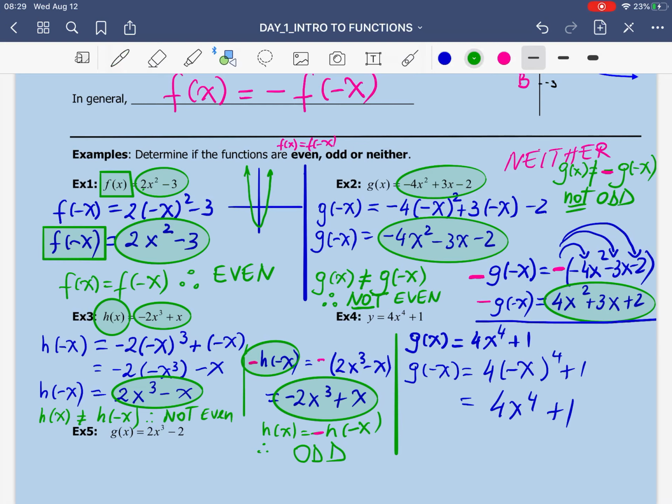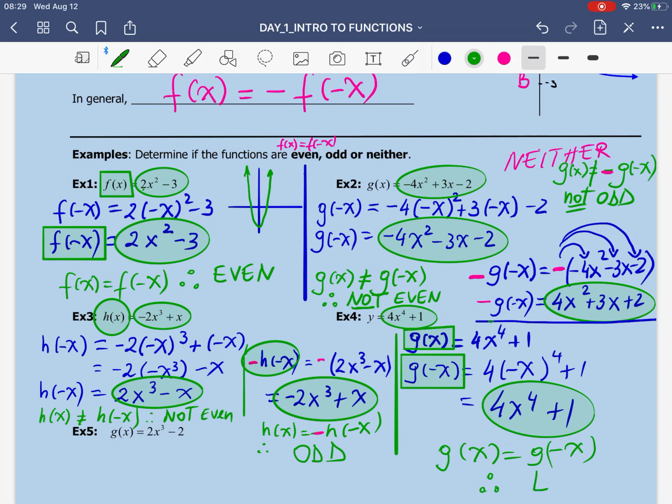Compare the function we just obtained with the given function, 4x to the 4 plus 1. We'll say they are the same. So g of negative x and g of x are exactly the same. So then we're going to say g of x equals g of negative x, which will make this function